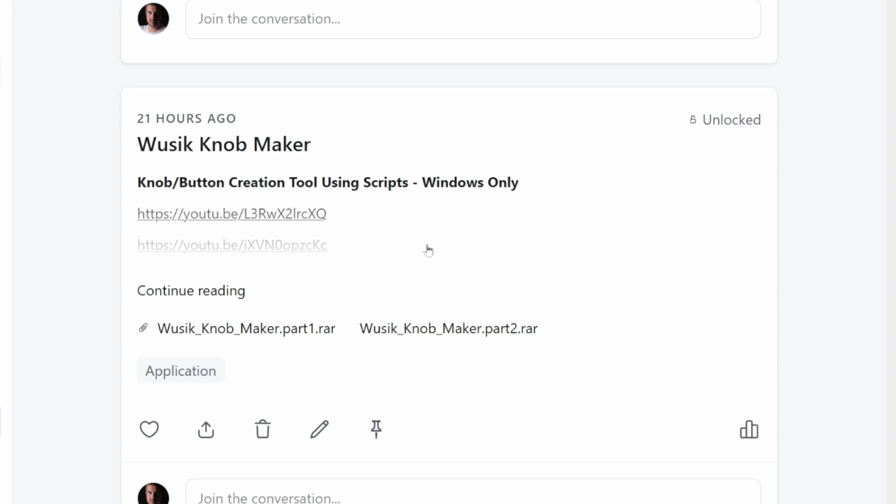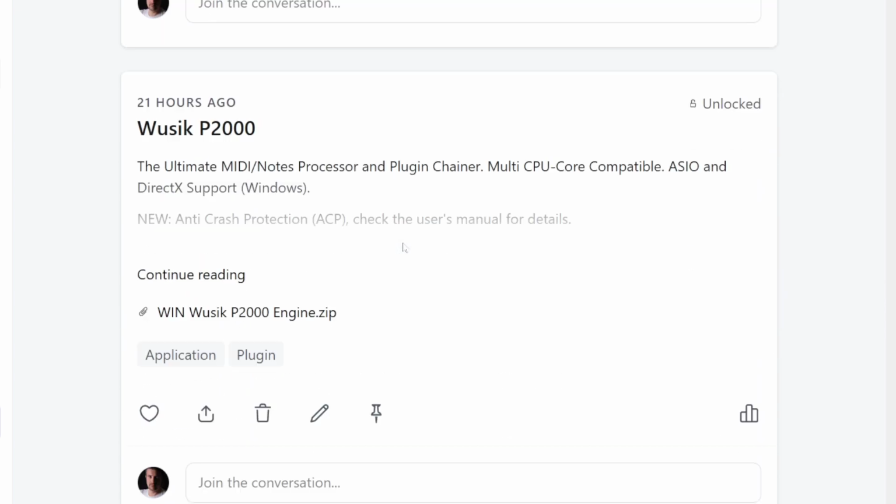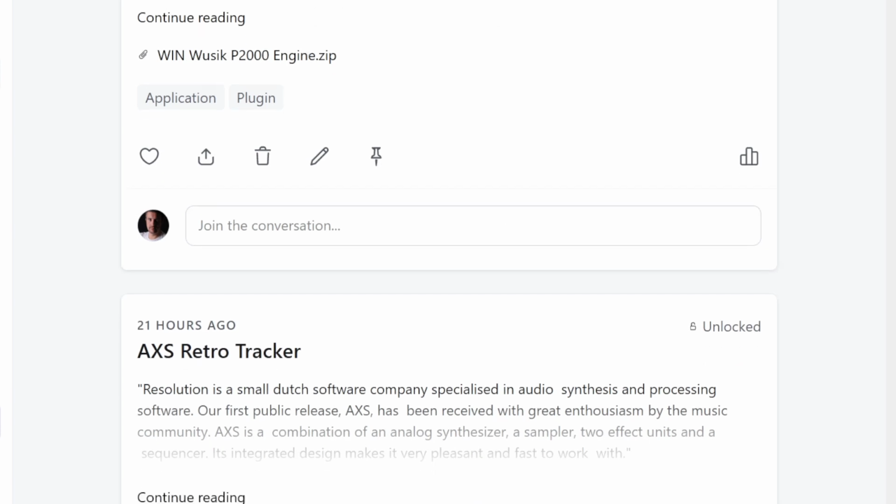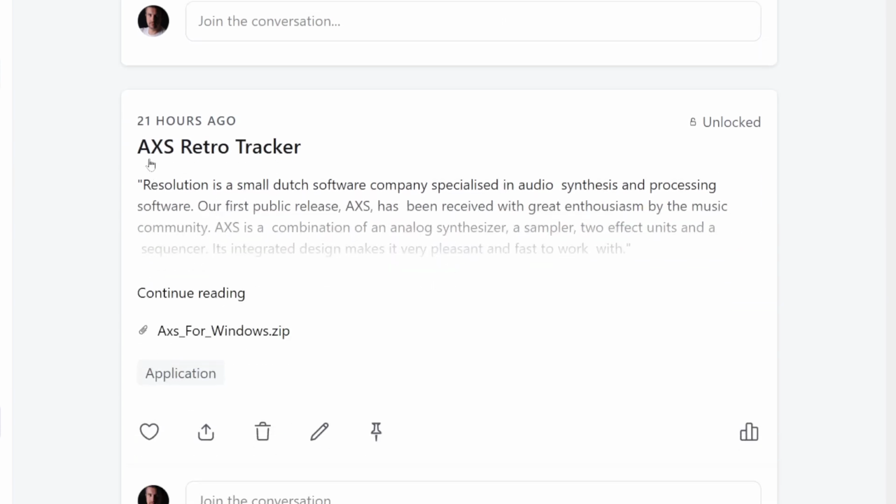Wusik Knob Maker is for, well, creating knobs. Wusik P2000 is, as it says, a MIDI notes processor plugin chainer. So it allows you to chain plugins, but it also has more options like arpeggiator, note octave, and stuff like that. The AXS Retro Tracker, created by Resolution,